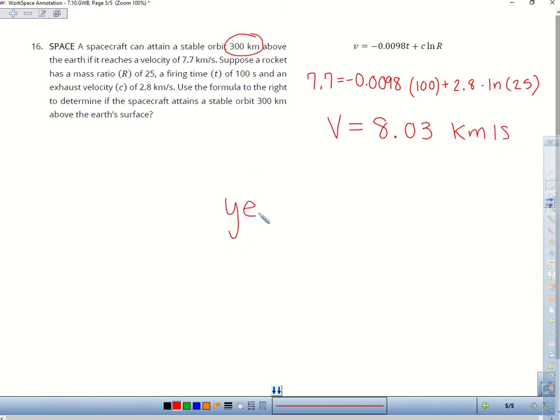Yes, it will. So I probably shouldn't have plugged this in here. I was just trying to show you where that would have gone. But basically, if you solve V, you want it to be greater than or equal to 7.7. All right. So yes, it would reach that. Any questions? Okay. You have a solid good amount of time to work on your